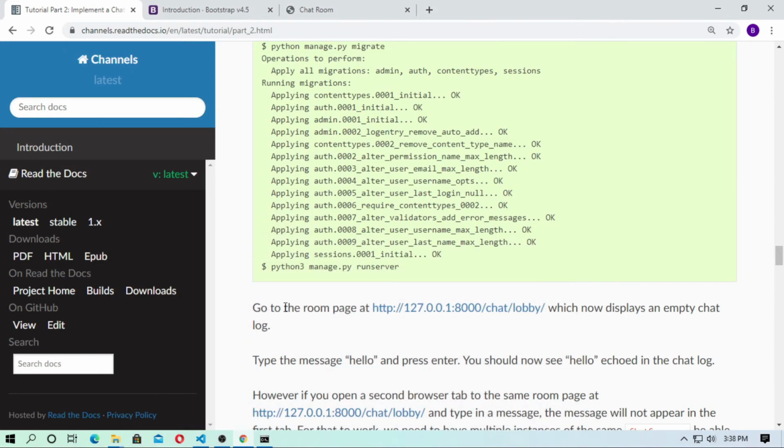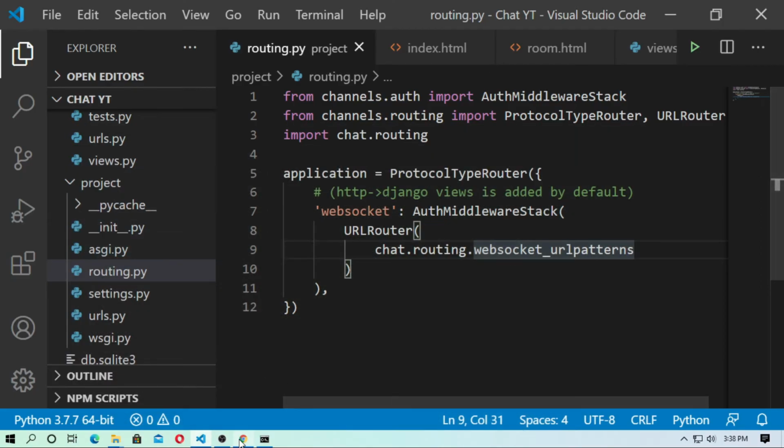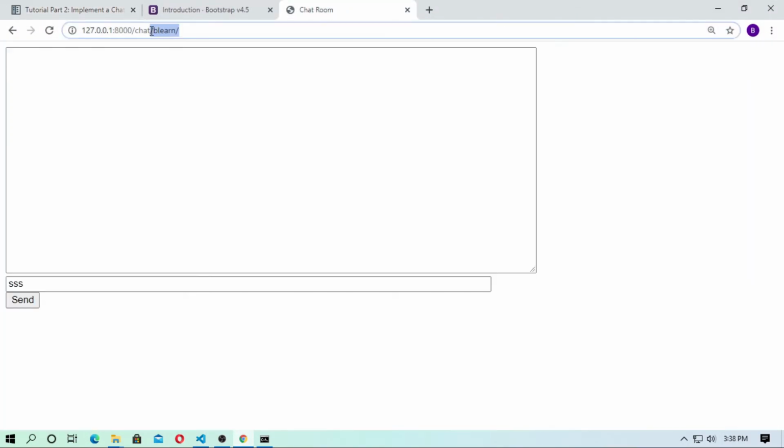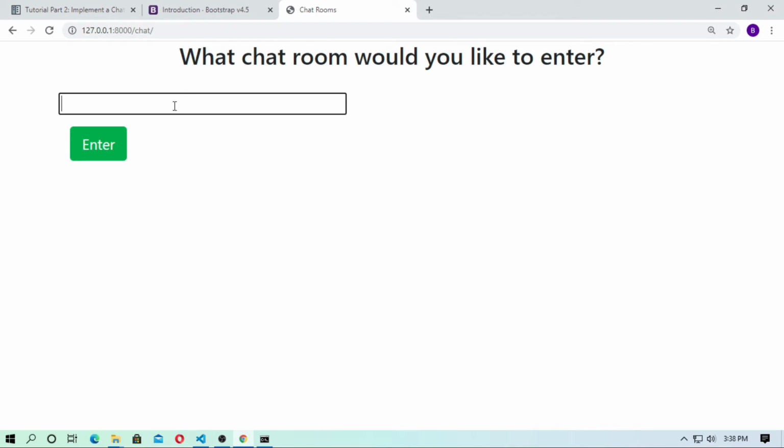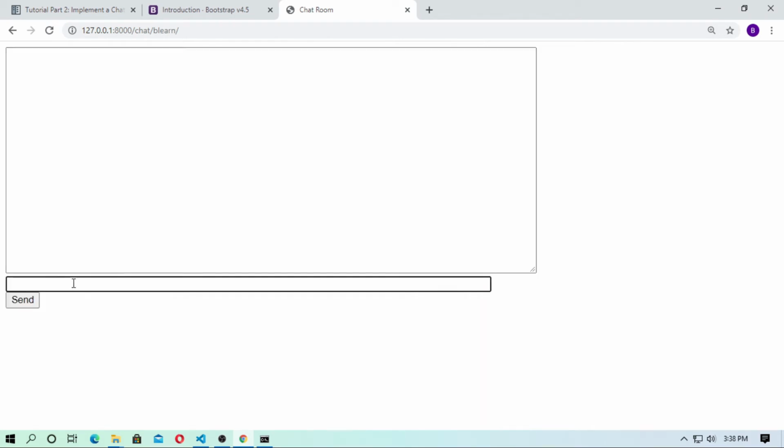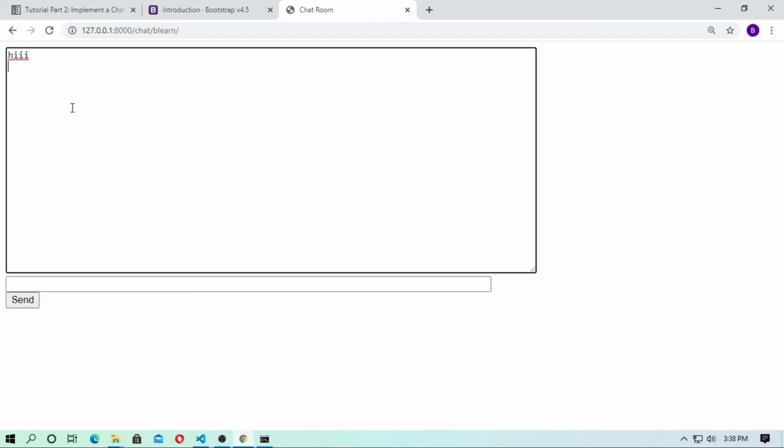Now go to the browser and go to the chat and create a chat room, vlearn, and hit enter. Type hi, send, and here is hi. You can see here.